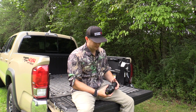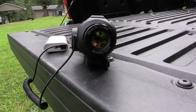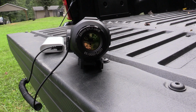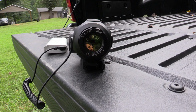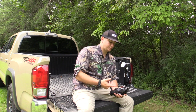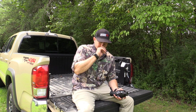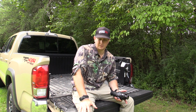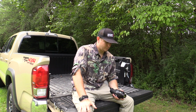Now I do know ATN makes some different models with some bigger lenses up front. This is a 25 millimeter front lens, which is not the smallest, but it's also not the largest that ATN makes. Obviously the larger the front, the bigger the field of view you can see, but also the pricier the product's going to be. The price point on these are phenomenal for what you get in the package. And again, that's my personal opinion on that. Some of you guys might be watching this like, there's absolutely no way I can give $4,000 for a scope. But if it's something that you want and something that you're willing to work for, absolutely, in my opinion, you guys need to go for it,